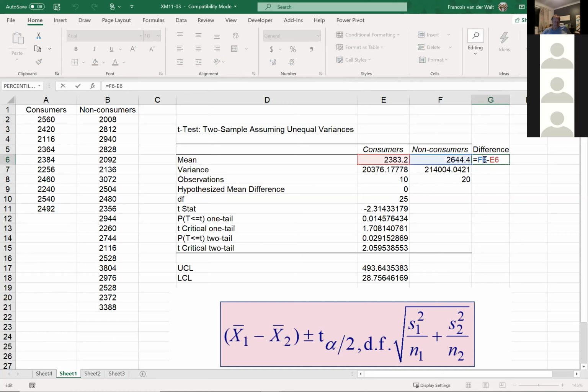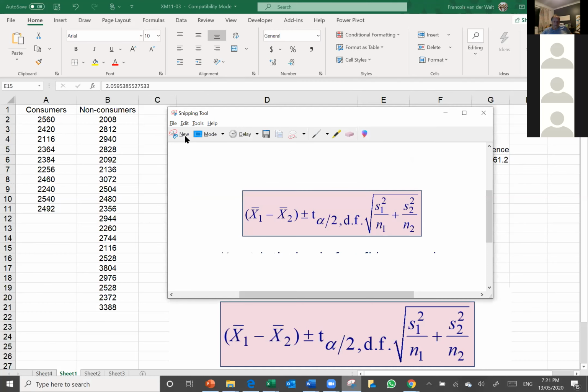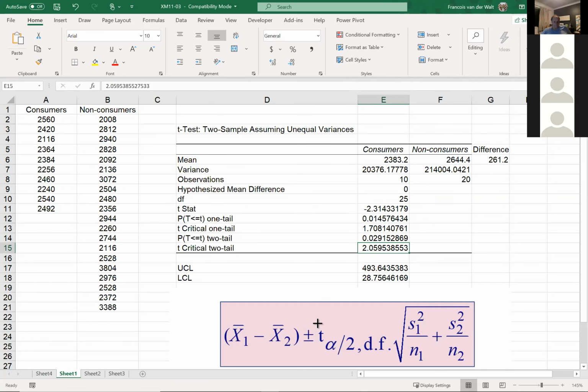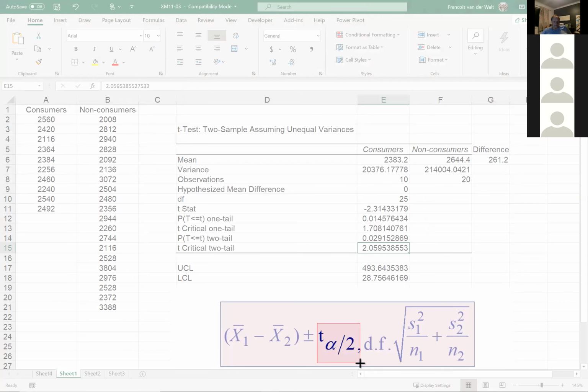Just a second. Shama? Yeah, sorry, I had it on the P2 tail. I just moved it to the T critical 2 tail. So this is the one we want. Yeah, it's worked now. I'll make it clear. I got 493.6. I'll cut and paste this, and it's sort of for myself a memory thingy.